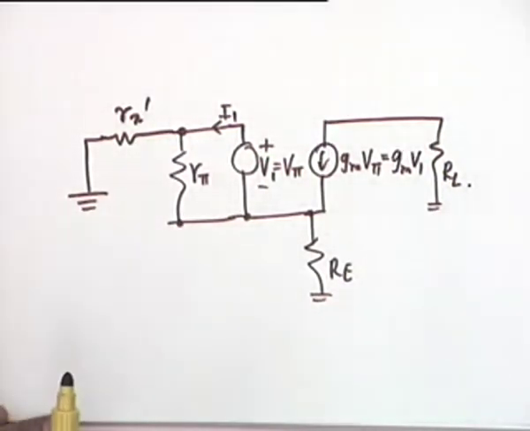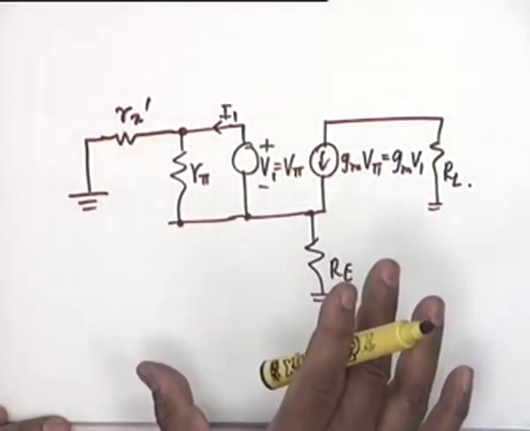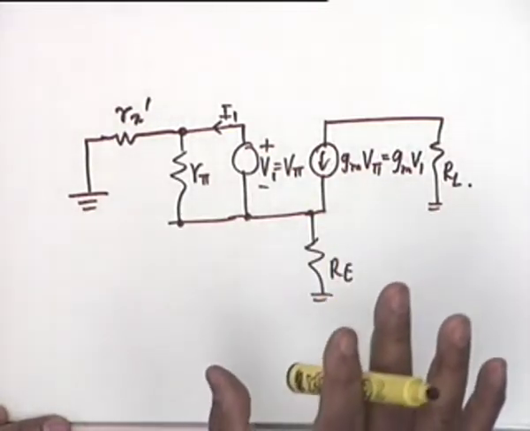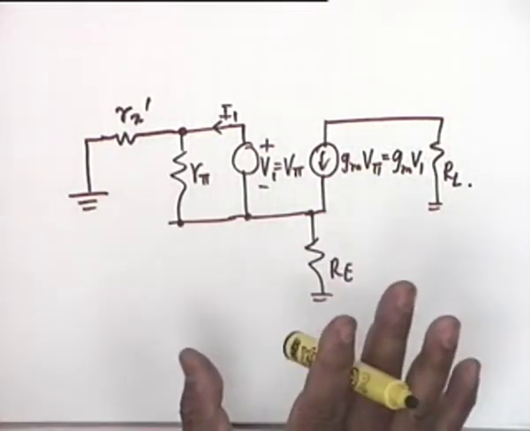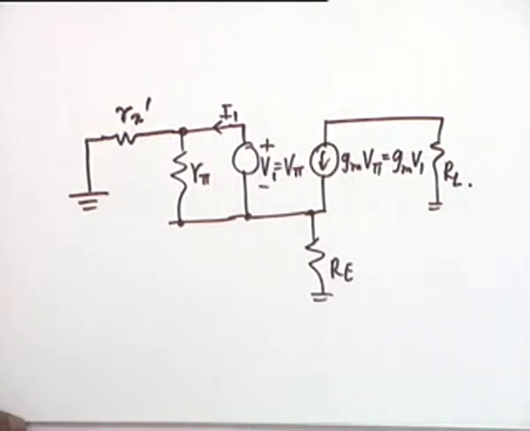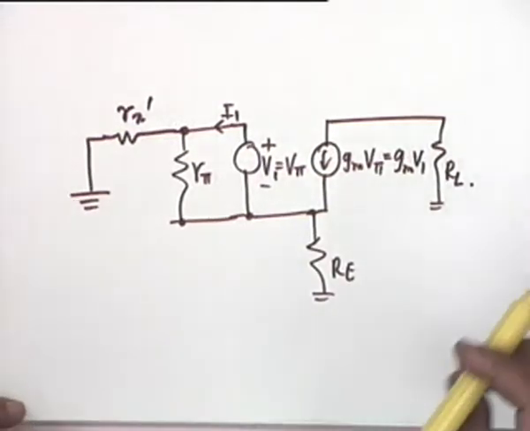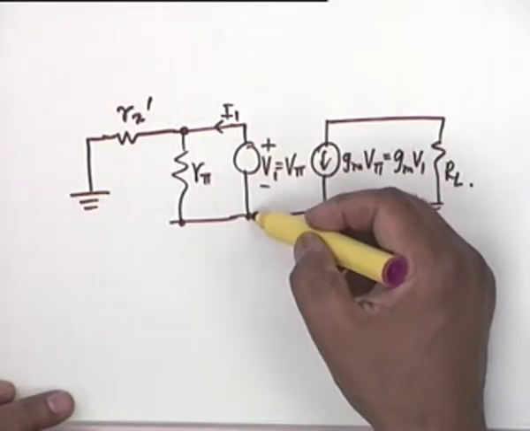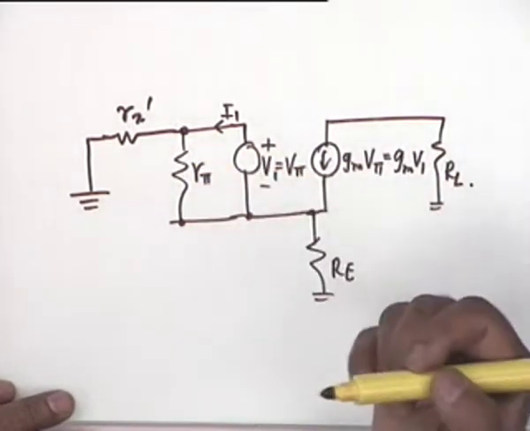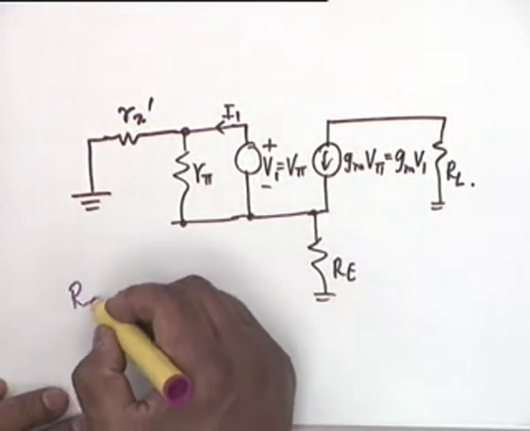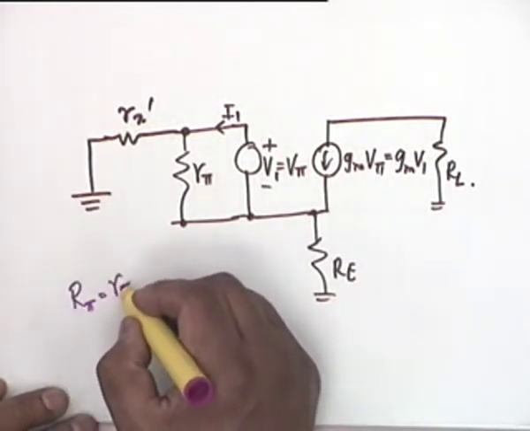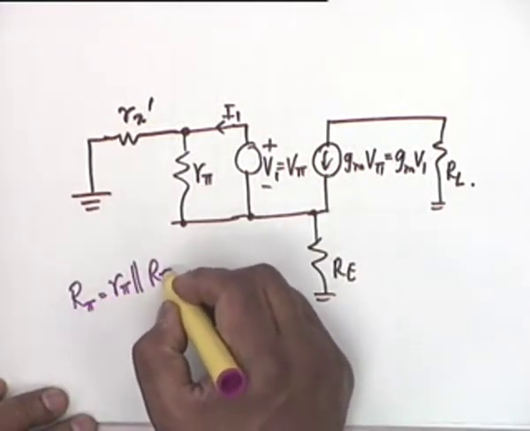The first thing, is that clear? Is that okay? We have omitted C mu because it's an open circuit, we have included everything else. The first thing you notice is that the source is in parallel to resistance R pi. So, whatever capital R pi is, it would be R pi parallel some other resistance, let us say R pi